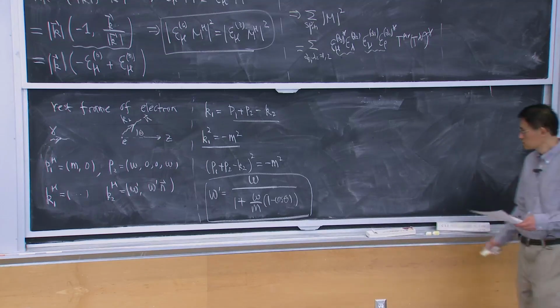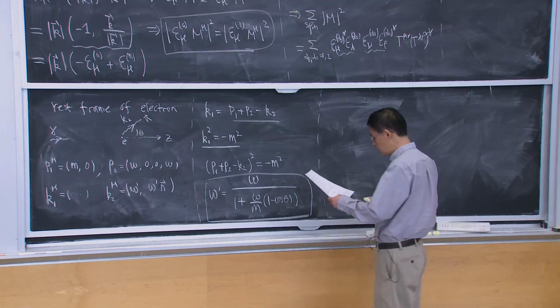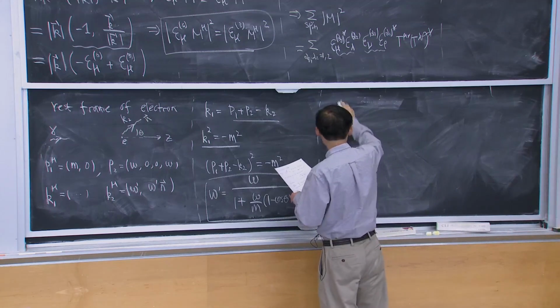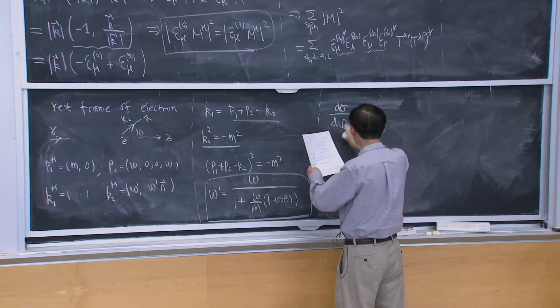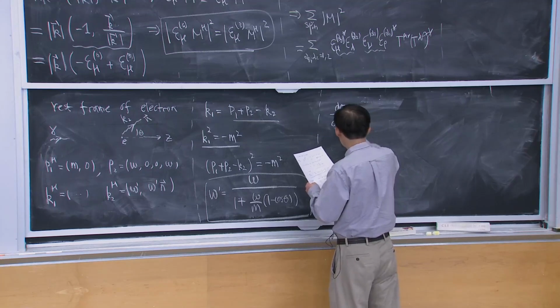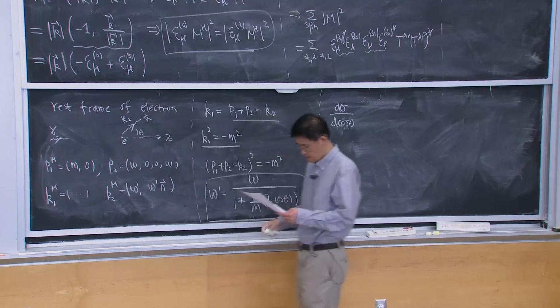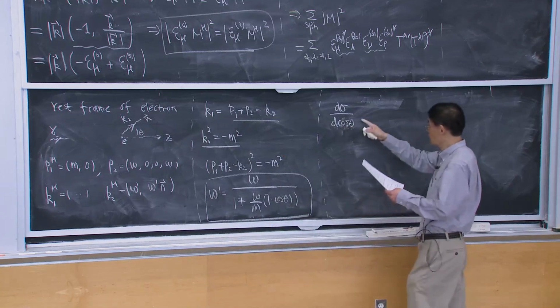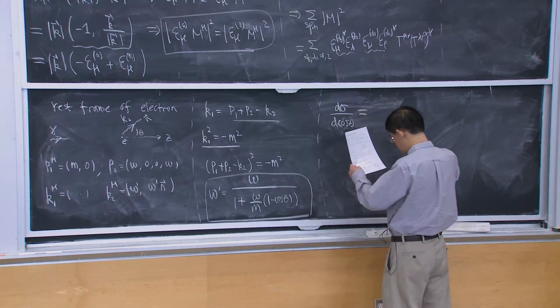So now let me just write down the final answer with this setup, and then you find in the rest frame of the electron, the differential cross section can be written. Again, the phi direction would be symmetric, so let's only worry about the theta direction. So this can be written as